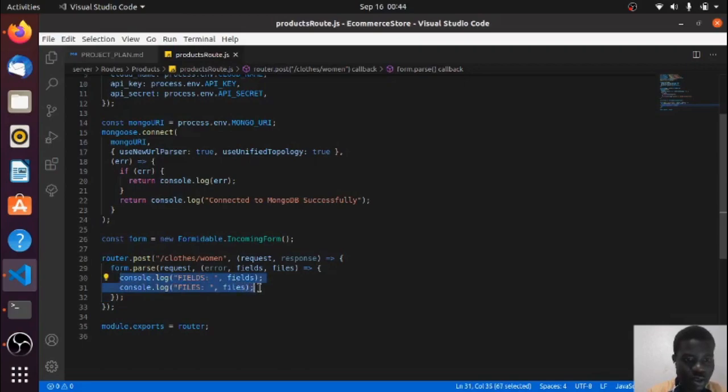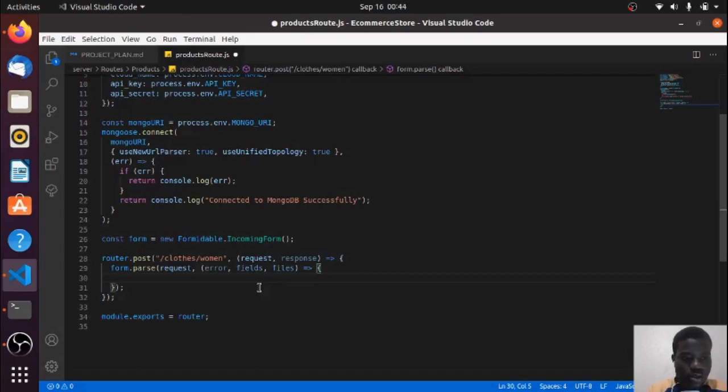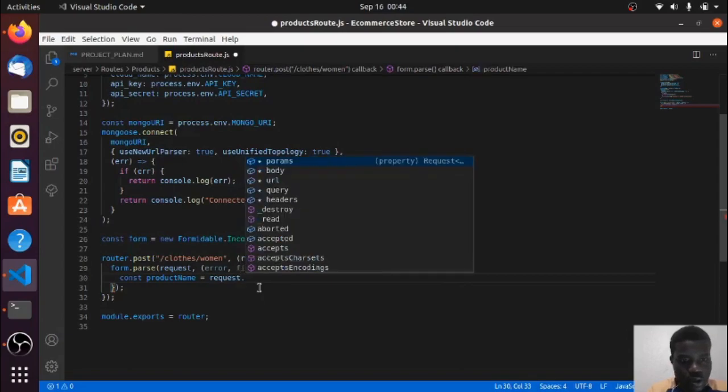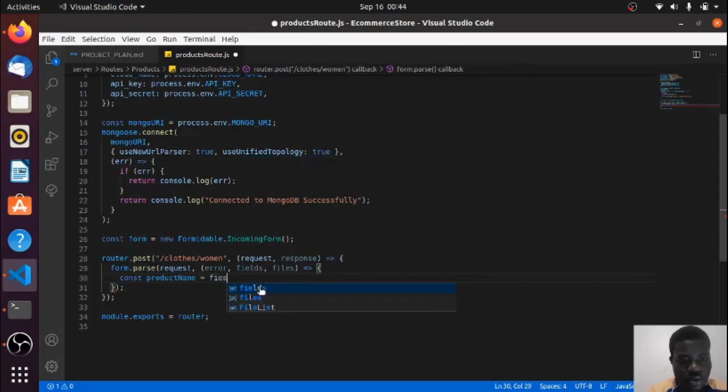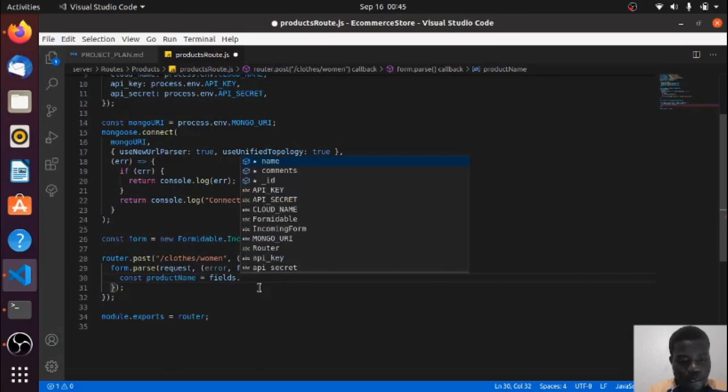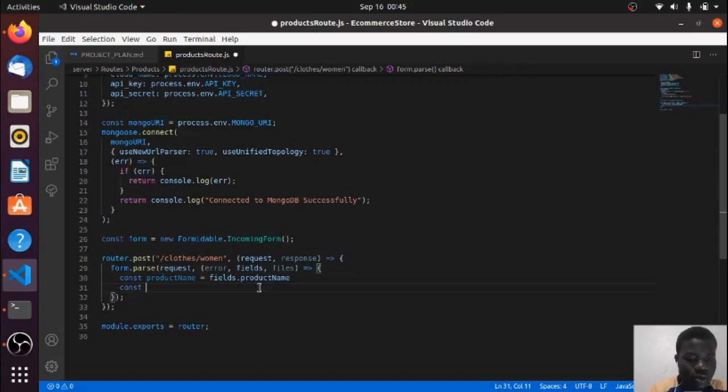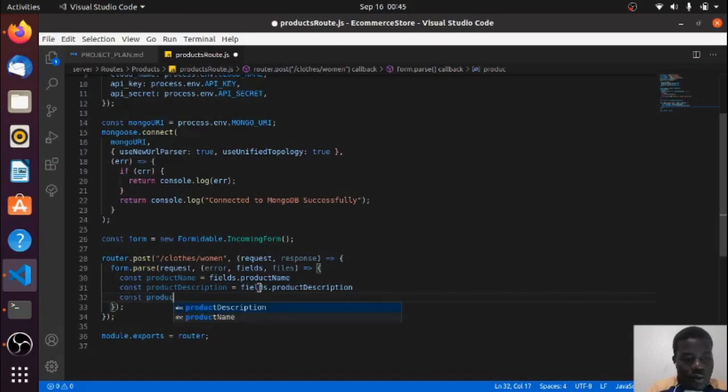we now want to save those things in a variable. So we can say const product name is equal to request dot, not request name fields, it's fields dot product name, and I'll say const product description is equal to fields dot product description, and we say const product price is equal to fields dot product price, and then we say